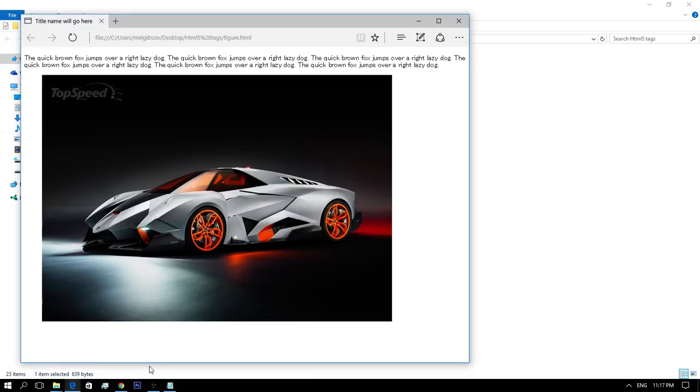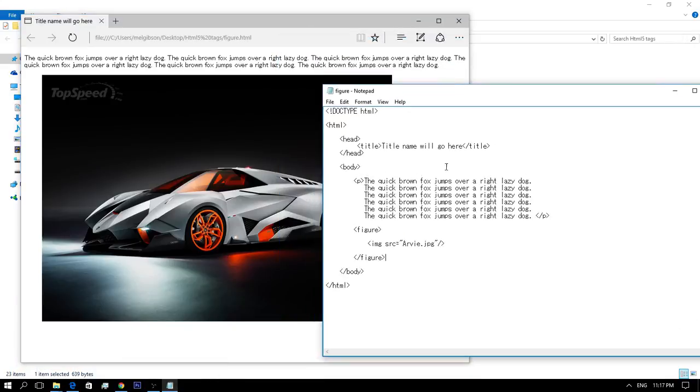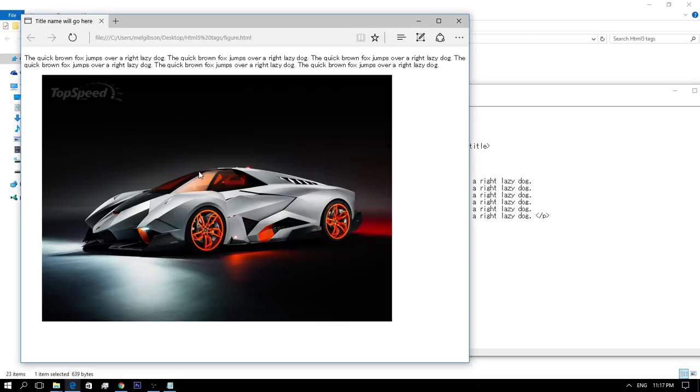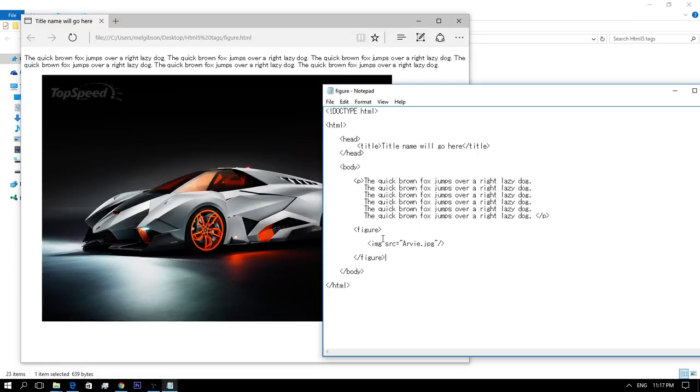So the figure tag indicates independent substance in the same way as definition, graphs, photographs, code postings, and so on. So while the substance of the figure component is identified with the fundamental stream, its position is free of the primary stream, and if uprooted, it ought not influence the stream of the record.